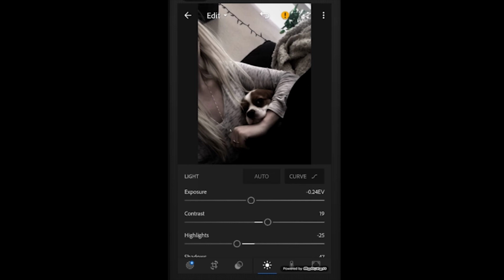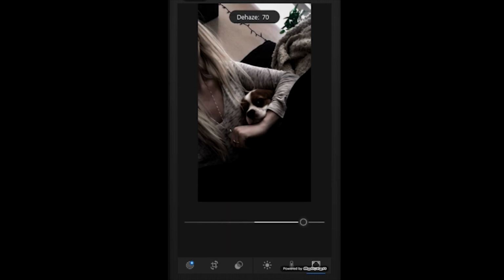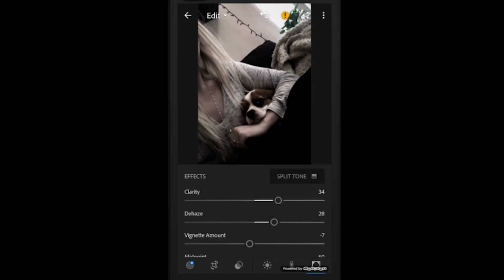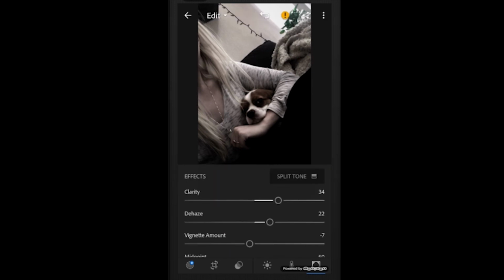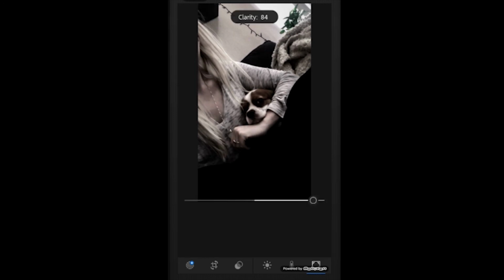But for these specific photos, what I do is I go and bump up the clarity a little bit. I like to turn the dehaze up because sometimes there's too much light, and as you can tell, it just kind of kills that haziness factor of sunlight. So that's really nice. I like to put that around maybe 22 or so. No vignette, nothing else other than clarity and dehaze, and then this is what it looks like